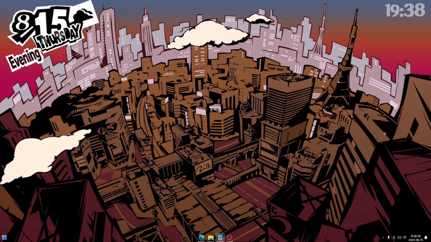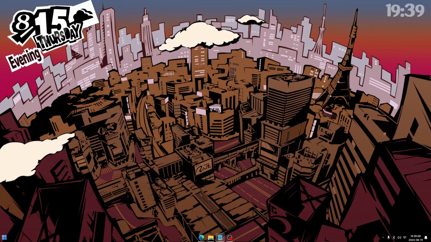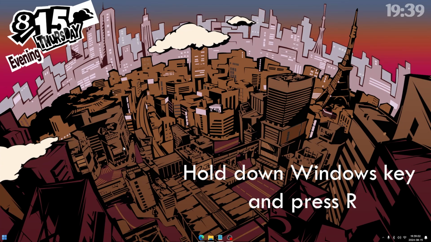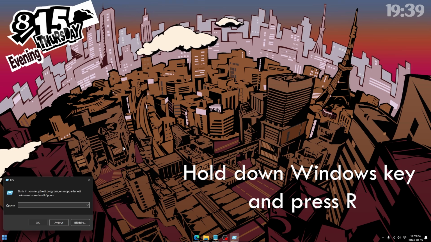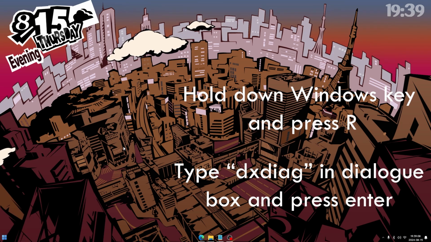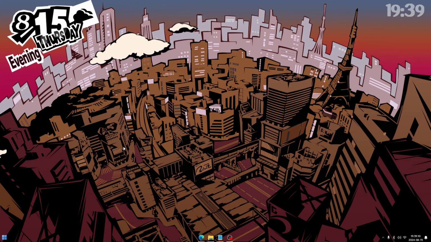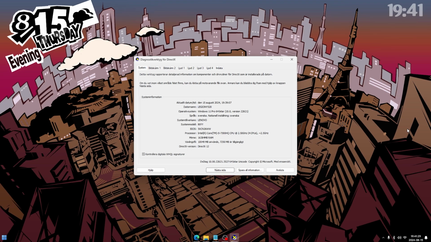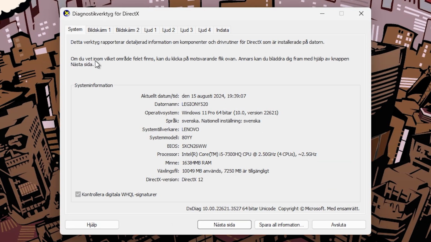If you do not already know what graphics card you have, you can check by holding down the Windows key and pressing R, and then in the run box typing dxdiag. Now this does take a while to load up, and if it shows a message, just press yes on it and it will continue loading up. This will take a while to load, but whenever it does load, you can go ahead and press the screen